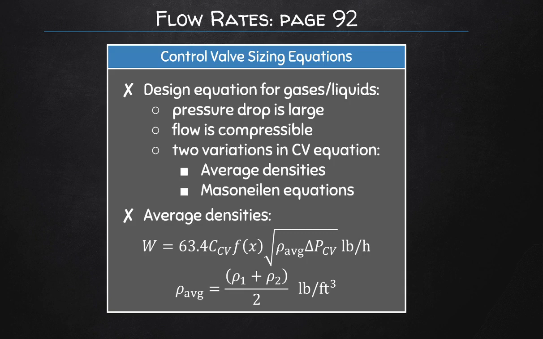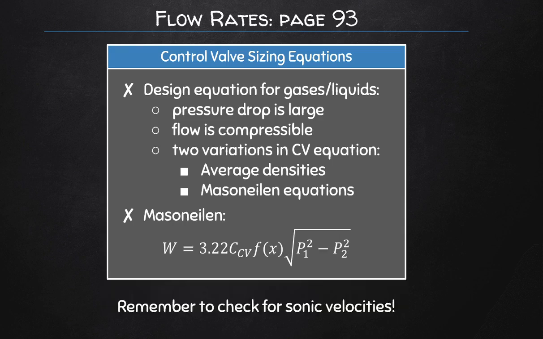Typically, you would want to do a trial and error kind of iteration, but this obviously is not ideal for us. Even if you have a computer, it can be quite difficult to do. For more accurate computations, the trial and error method would be required, but Mason-Neilan derived the following equation, which actually avoids this for us, which is quite nice. It shows,